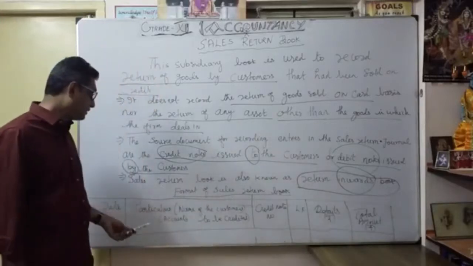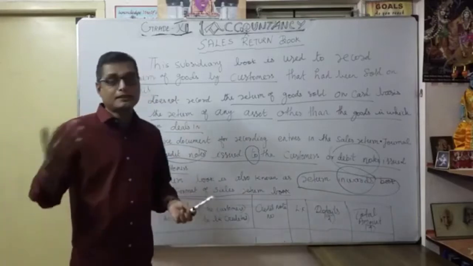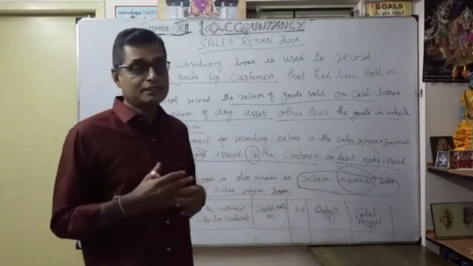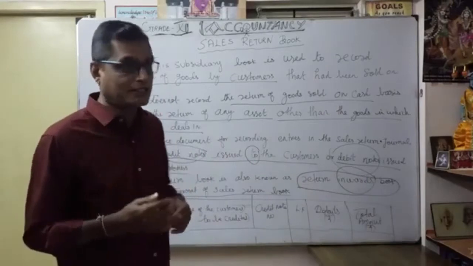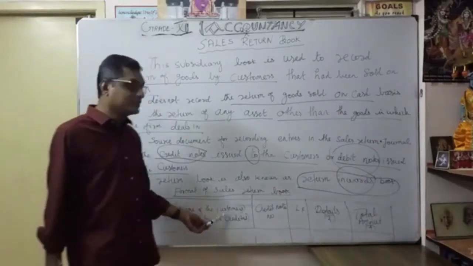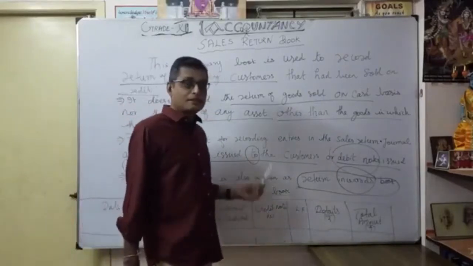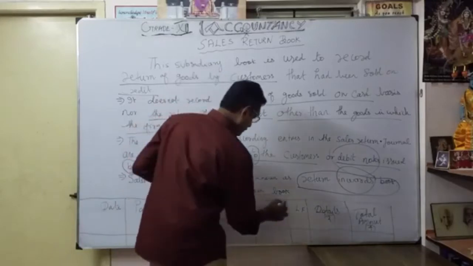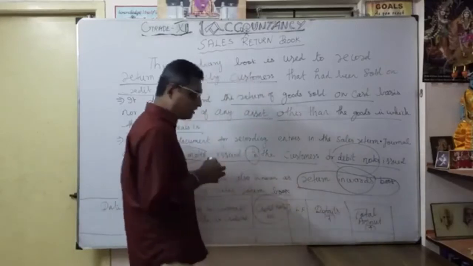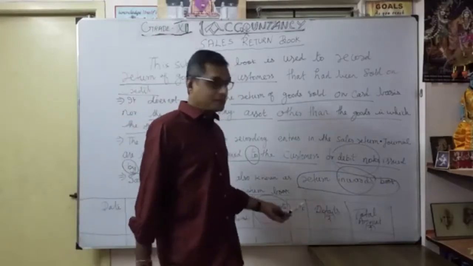Then, very important here, naturally, the account to be credited, the particular customer, should be credited, because sales return is debited, correct? When you understand the journal entry, you can understand this very easily. So here the account to be credited is the particular customer name. Understood? Here also credit note, a very important point. Under the sales return book you want to mention the credit note. Then ledger folio. Thereafter details.